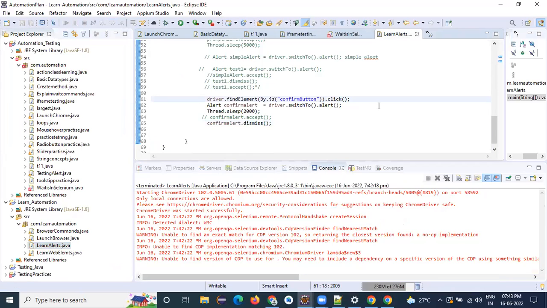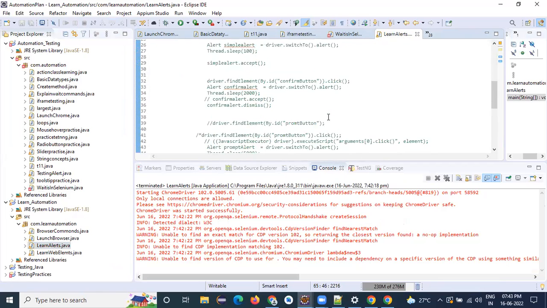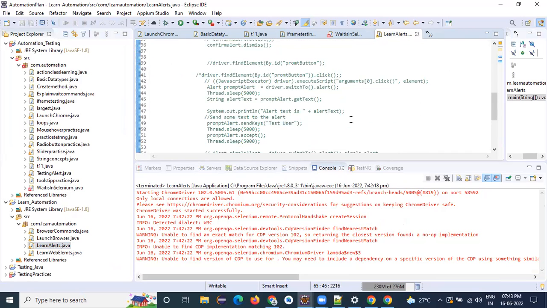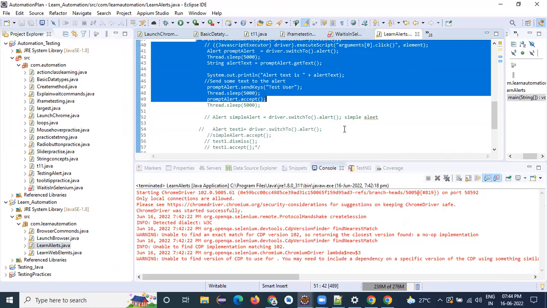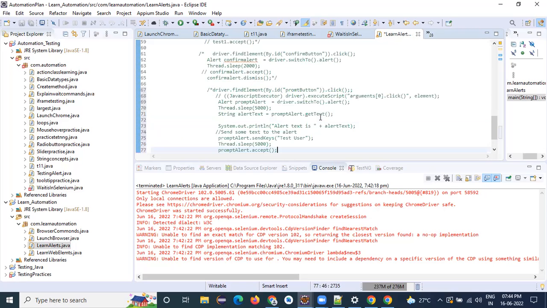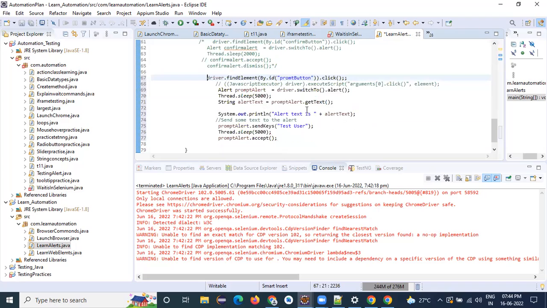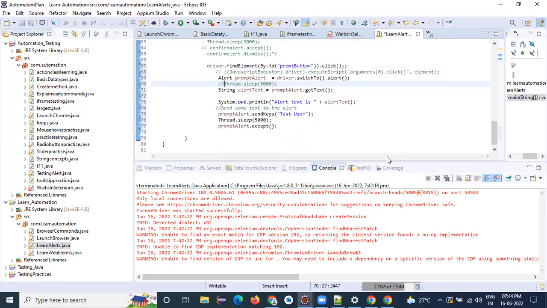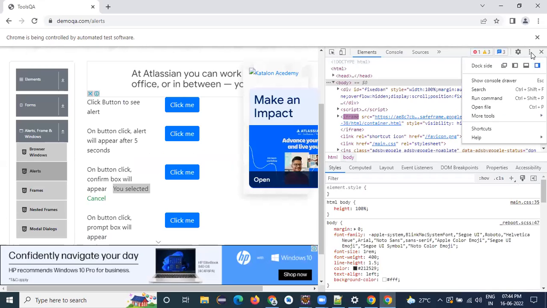Now this confirmation is done. So if you see here, now I identified this prompt, same thing. First you have to identify, that is the